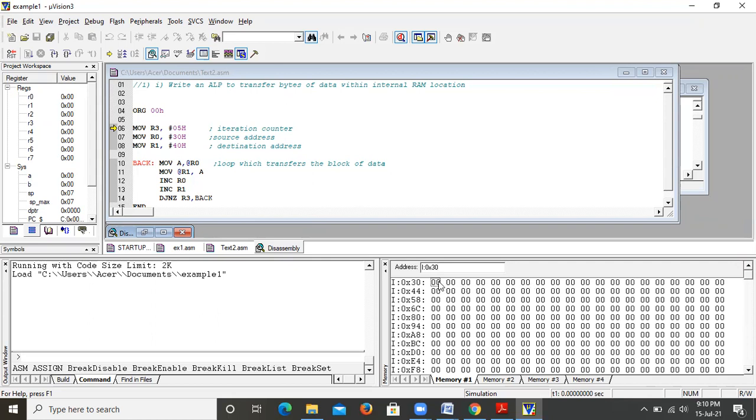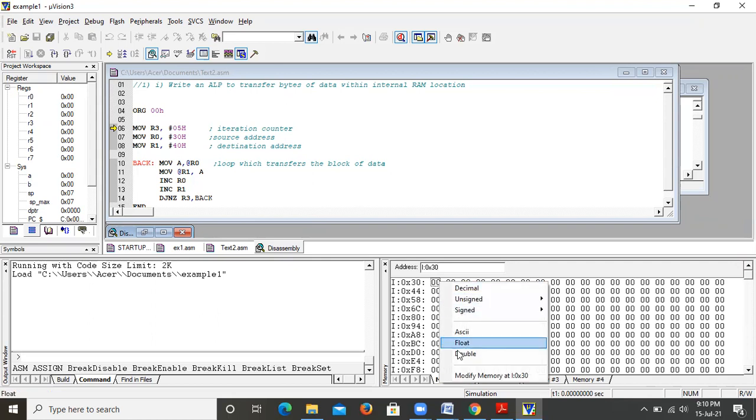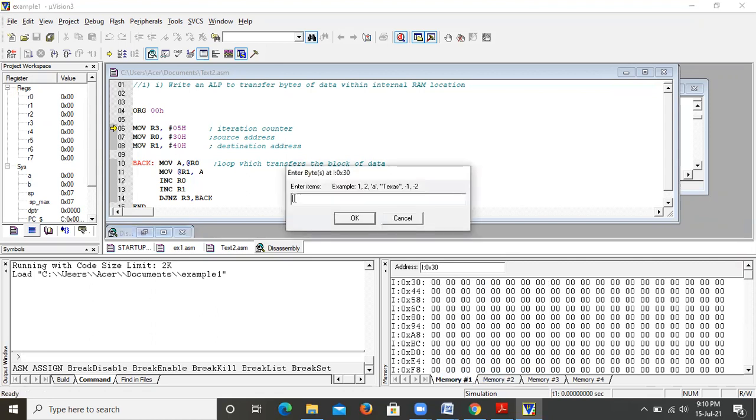Now select this, right click, modify the memory at 30H. So here you can enter the values. How many values are we supposed to enter? We should enter 5 values because we have taken the counter as 5. If you want to transfer 10 bytes of data, you can enter 10 data here, and you should change R3 value as 10. Okay. So we will enter the data here,